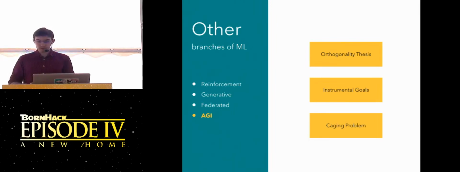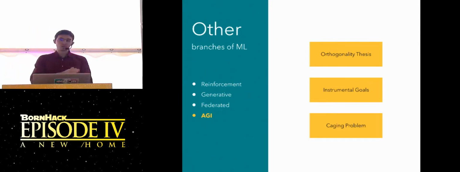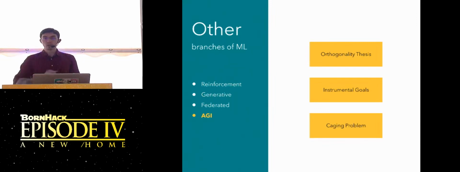The concept of instrumental goals is that no matter what end goal you give it, largely, it's probably going to converge on getting certain things regardless of that goal. So money is an instrumental goal, power, sometimes fame. You can get a sense that whatever goal you give it, even if it's virtuous, it will probably want to have as much power as possible, because that increases the likelihood that it will achieve its goal.